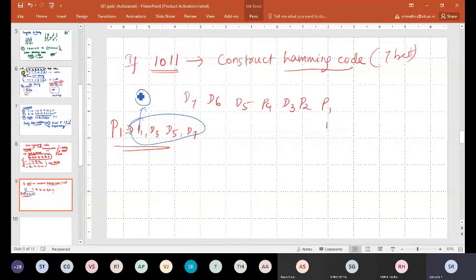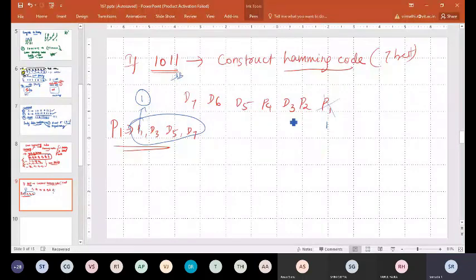Then look at that case. So what is your data? It is your data D3, D5 and D7. So your data is, first let me go ahead with D3. This is D3. Keep in mind, this is the parity bit. This is not the data bit. So let me go ahead. This is the LSB for me, of the given data.